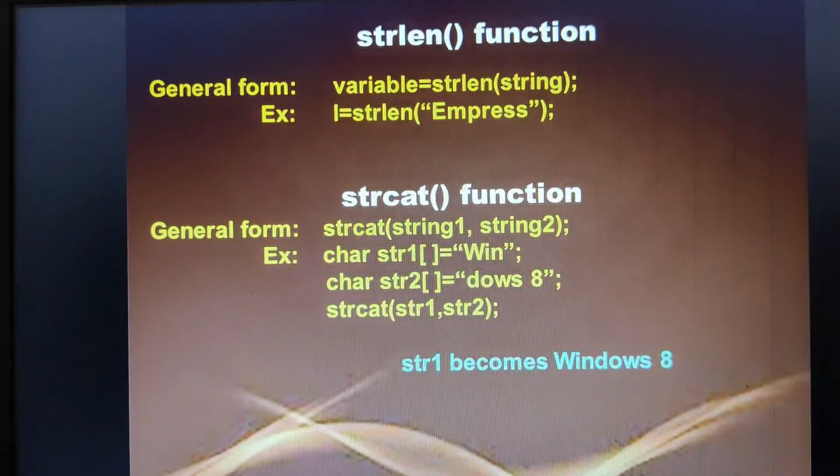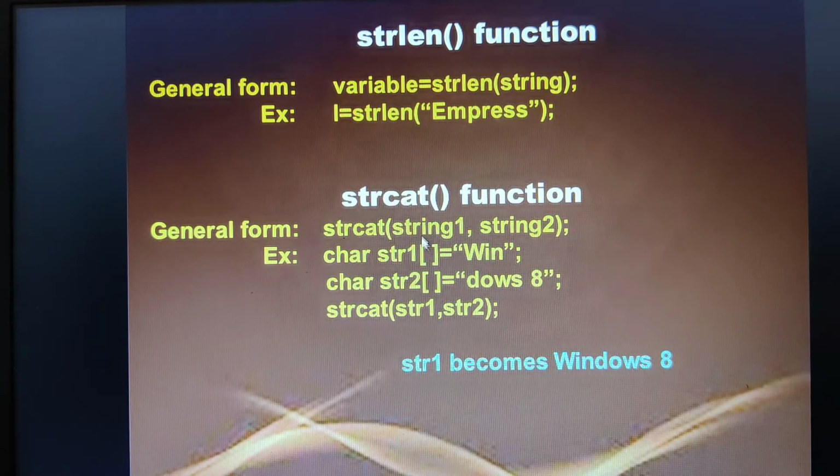Here comes the new function that we have to check. It is string concatenate. String length, I have completed this one. So this was the syntax: variable is equal to string length followed by the string name. As per this, see here, string length l I am taking to store the length of the given string, and then I am directly passing the string here. This string consists of this particular string, that is empress. So when you execute this statement, you get the number of characters within this one, which is 7. I am getting the length of the given string as 7.